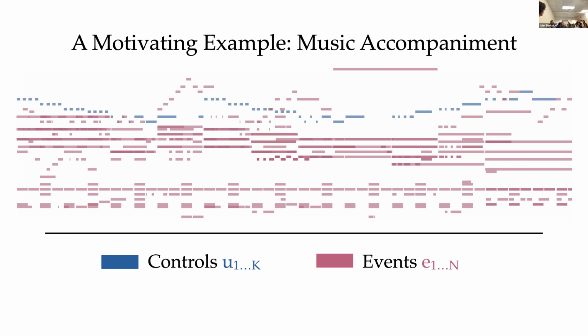So is it creating some new channel based on the current channel we already have? As long as you have a whole sequence, then you create a different sequence here. I'm continuously writing the melody. Yeah, so here I'm generating notes in this red sequence, starting from the notes in the blue sequence.